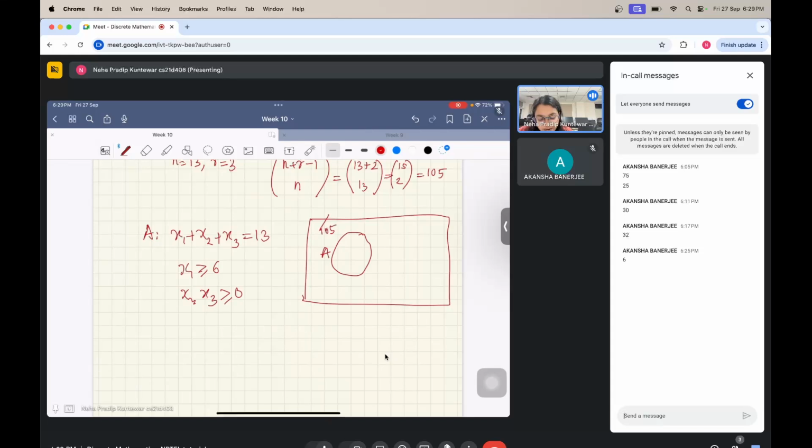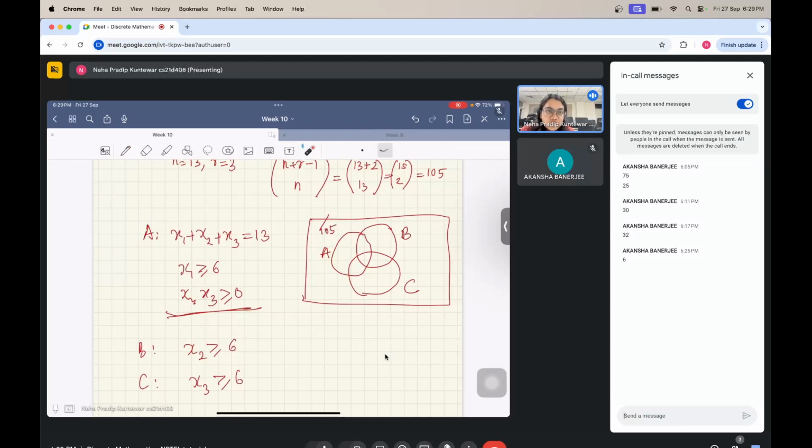All such solutions are bad for me because they violate the fact that x1 should be less than 6. And similarly you can have two other events where the thing goes wrong because it's symmetric: instead of x1 greater than or equal to 6, you have x2 greater than or equal to 6, and in the event C, you have that x3 is greater than or equal to 6. So these are all the three reasons because of which the solution can go bad,